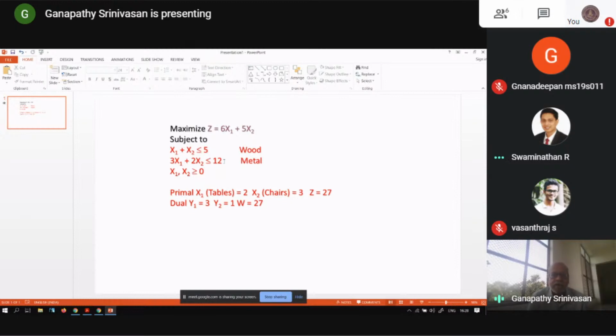So what I'm trying to do is take 1 unit from the wood bag and 3 units from the metal bag. The 1 is here, 3 is here. Let's say I mix it up and then I get a table. What is the worth of the things that I have used? I've used 1 unit of wood, which is worth 3, and 3 units of metal, each worth 1. So I've taken things that are worth 6. I've made them into a table, which is now worth 6, which is what you find here.